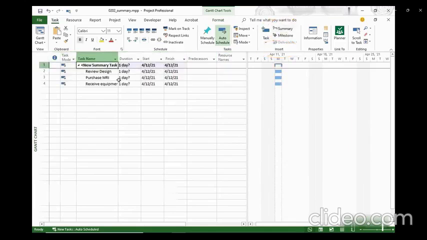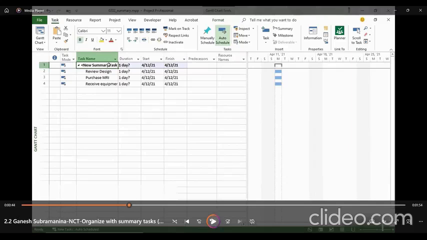Insert summary task. So what did I say? We are selecting the tasks that we want to group underneath the summary task. So I'm going to drag over the task ID cells for these tasks to select them. After that, what I did on the task tab here,